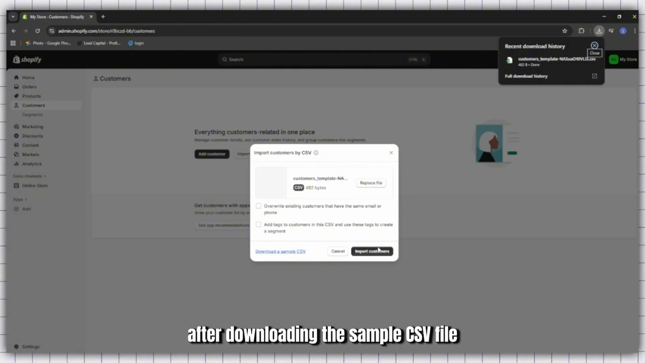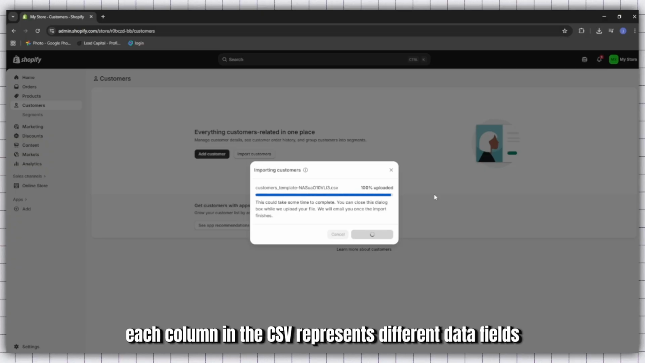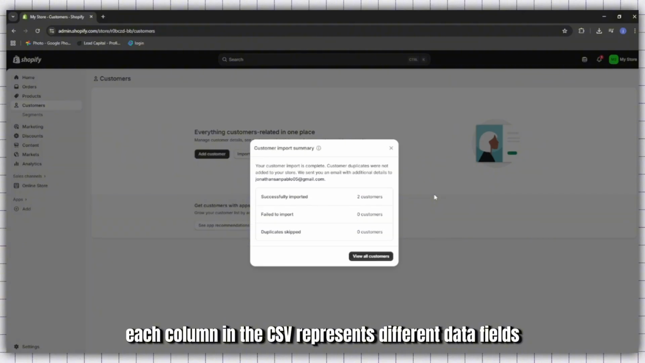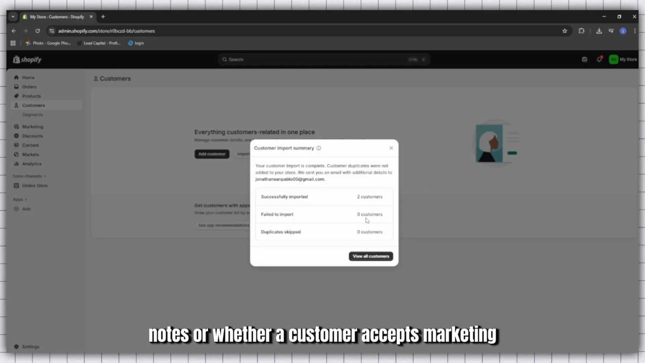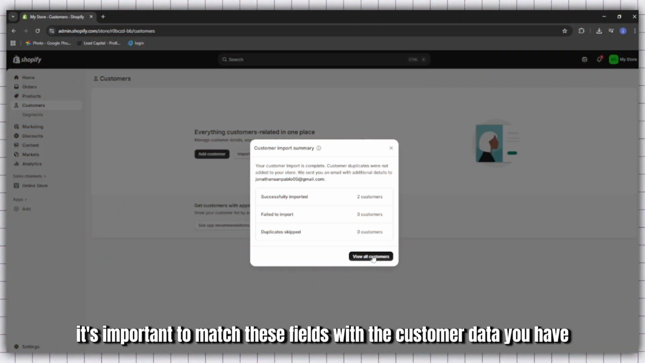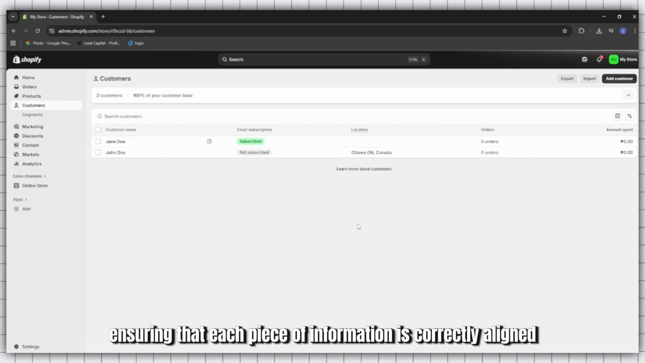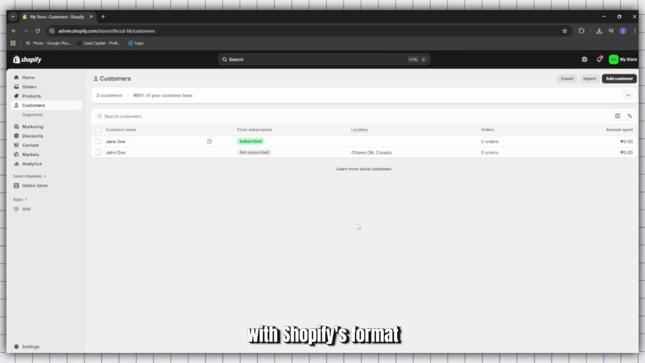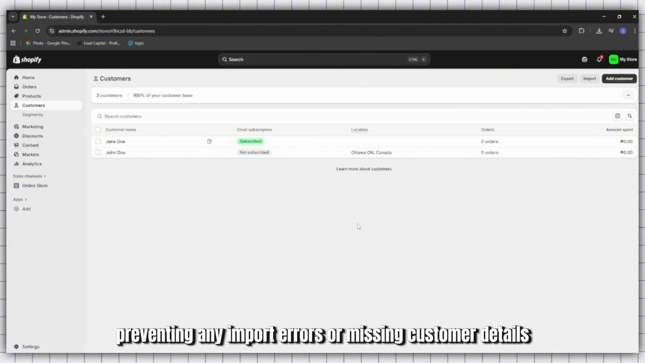After downloading the sample CSV file, take a close look at its structure. Each column in the CSV represents different data fields, like email address, phone number, first name, last name, and so on. You may also see fields for tags, notes, or whether a customer accepts marketing. It's important to match these fields with the customer data you have, ensuring that each piece of information is correctly aligned with Shopify's format. This step can save you a lot of hassle down the line, preventing any import errors